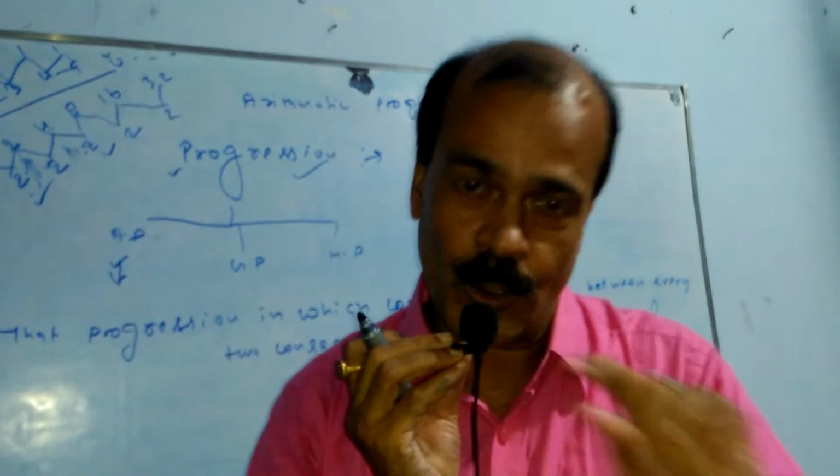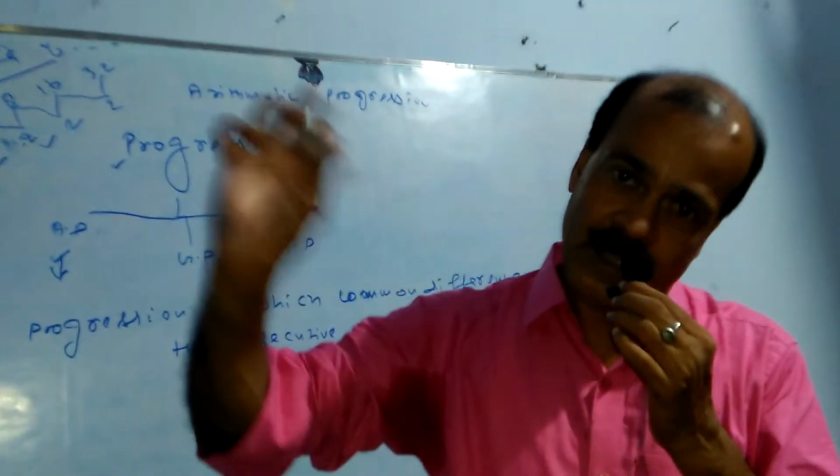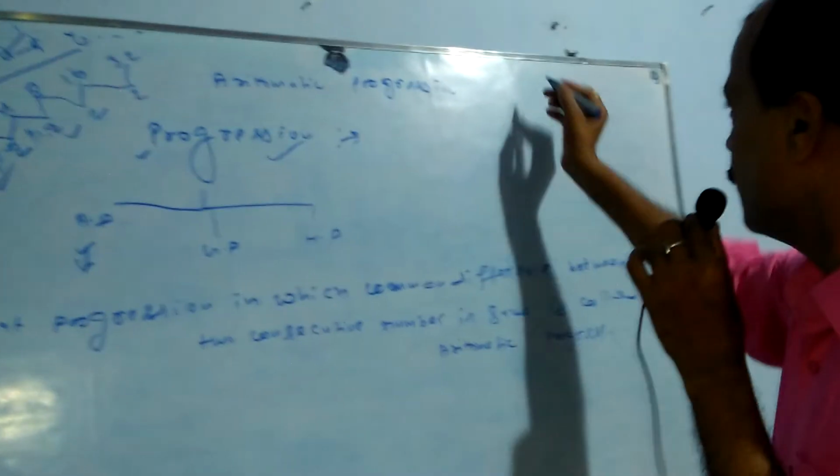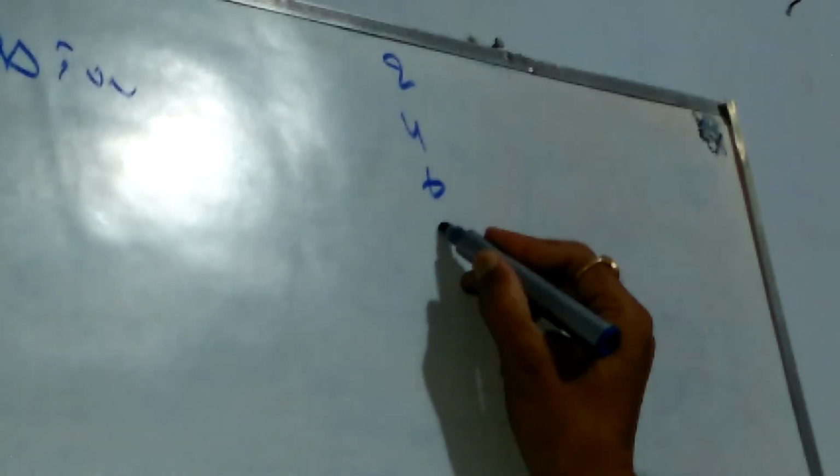In this table also we see that the difference is the same. Here it is 2: 2 times 2 is 4, 2 times 3 is 6, 2 times 4 is 8, 2 times 5 is 10, 2 times 6 is 12, 2 times 7 is 14, 2 times 8 is 16, 2 times 9 is 18, 2 times 10 is 20. What do we see?